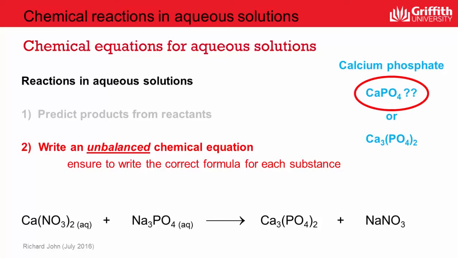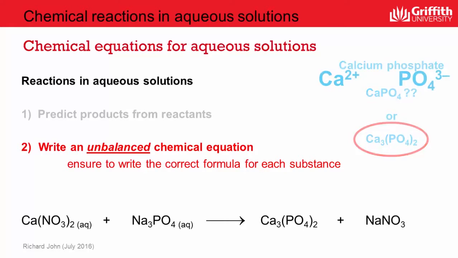For example, does calcium phosphate form the salt CaPO4, where the calcium ion and the phosphate ion come together in a 1-to-1 ratio, or do they come together in a 3-to-2 ratio, as in this representation here, Ca3(PO4)2? Well, calcium phosphate is made up of calcium 2+ ions and PO4 3- ions, and we're likely